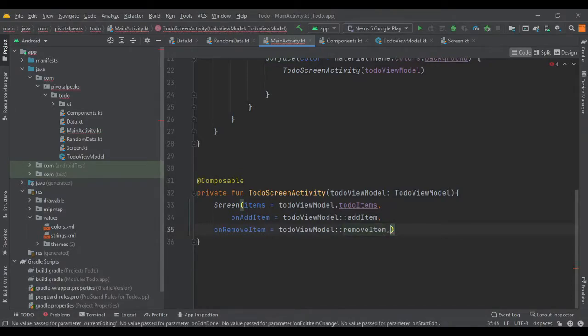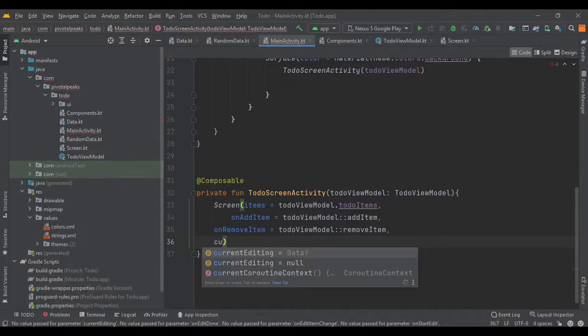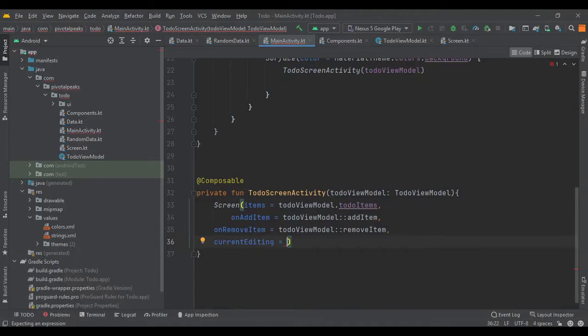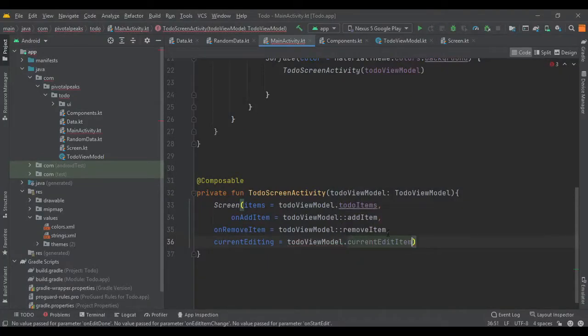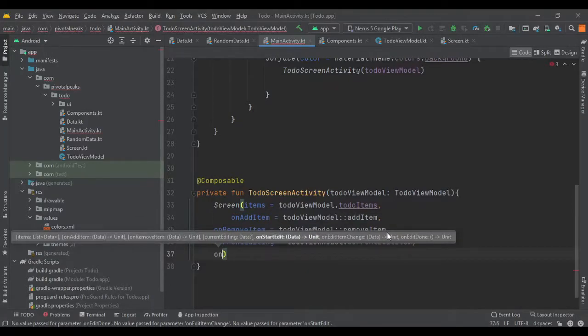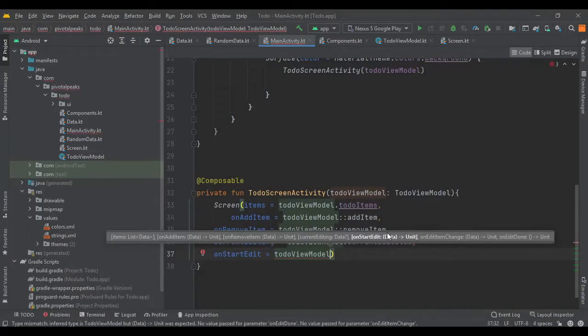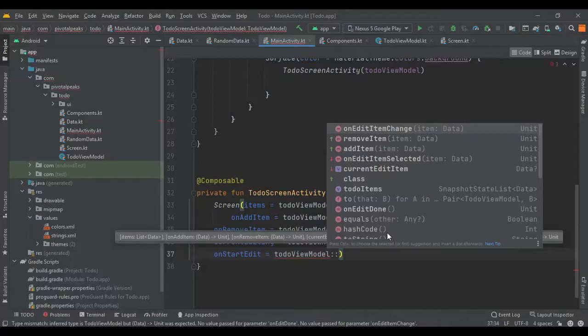So let's define our currently editing, and pass it to do view model dot current edit item. Then we need to define the three functions, on start edit, and do the same, to do view model, and provide the on start edit. So on edit item selected,